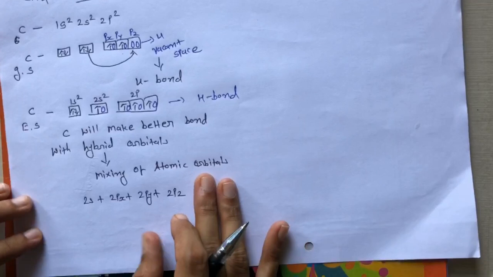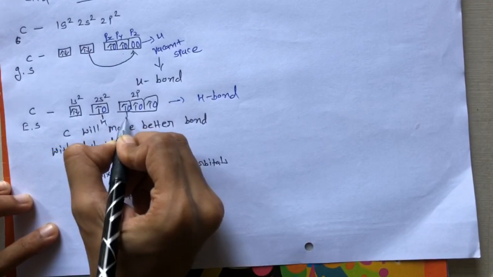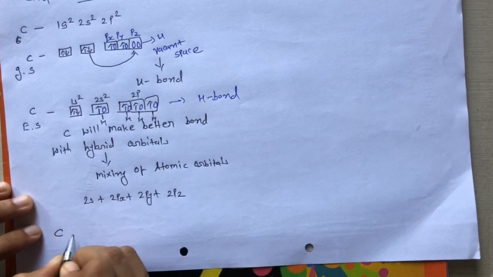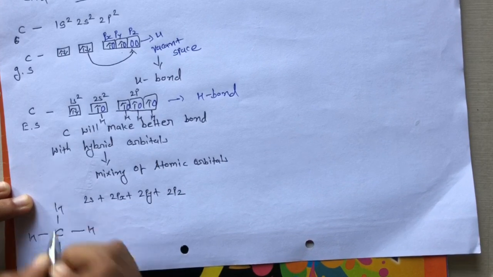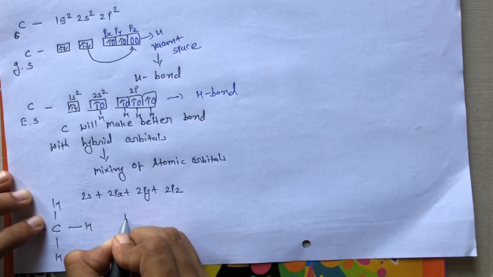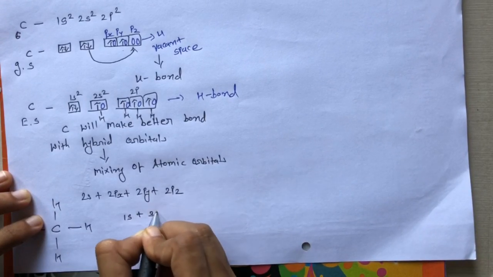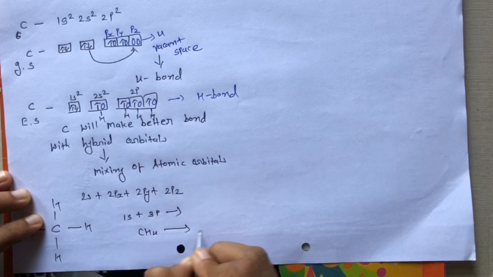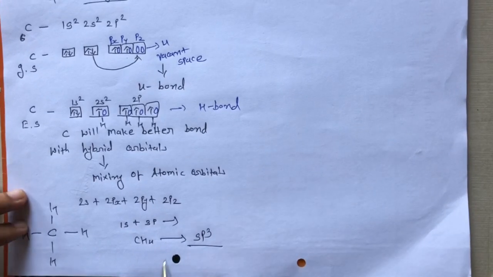ફોર એક્ઝામ્પલ, here 1H, 1H, 1H and 1H. That carbon has 4 bonds with hydrogen, right? So in hybridization, 1 s orbital and 3 p orbitals. So in CH4 we get sp3 hybridization. Why? Because